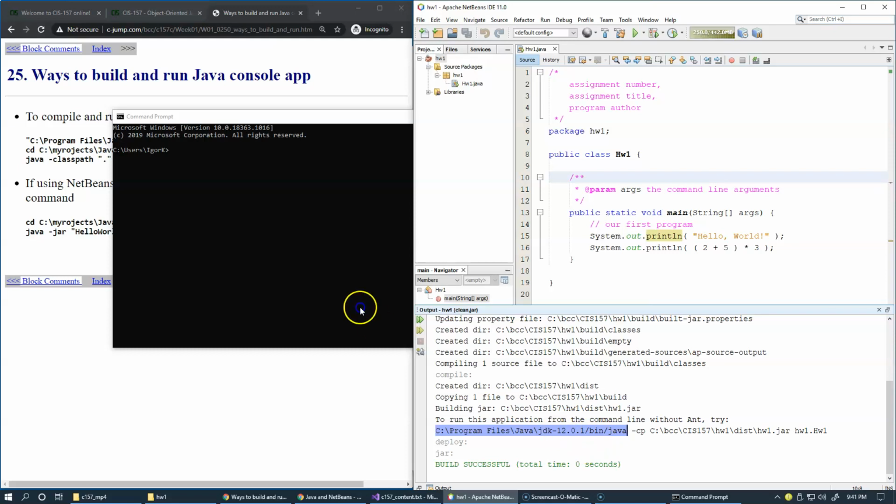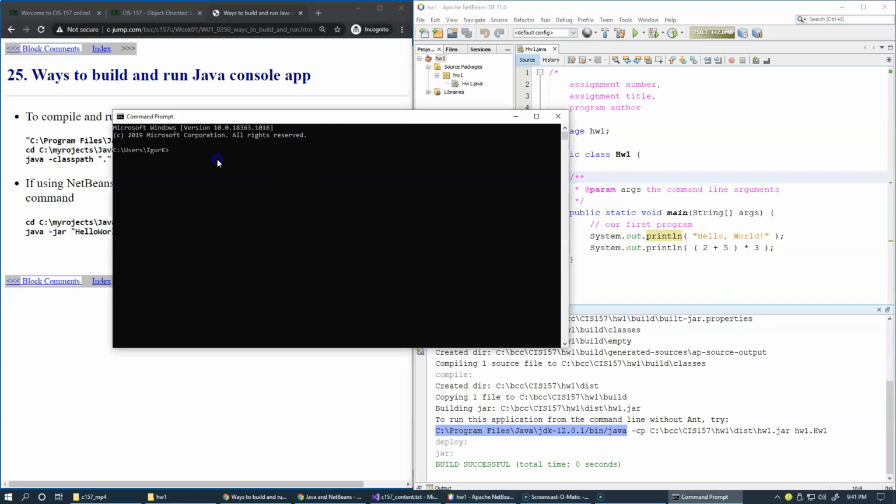I will copy this and paste it in here, but because it includes spaces, I will use quotes around this path to the Java utility, specify -jar, which will direct the Java runtime to unpack the application from the Java archive, and